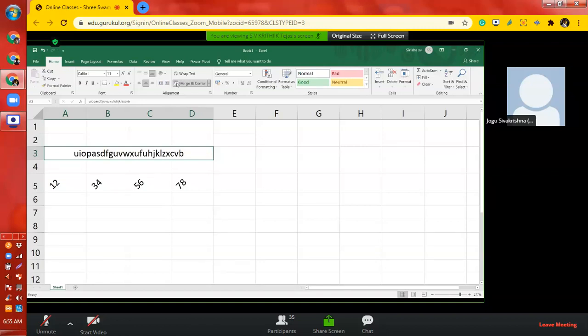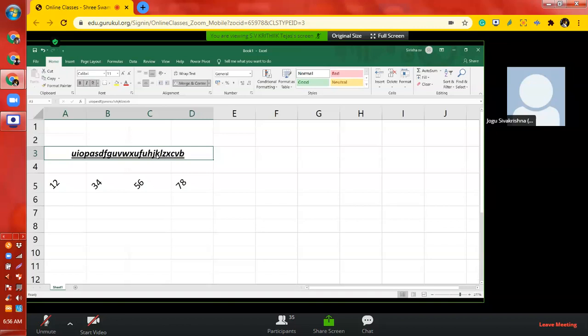Okay, and how to make the text bold, italic, underline, you all know that. On the top of your screen in the font group, you have 3 options: bold, italic, underline. No need to select the text, you can directly select the cell, and automatically it will take bold, italic, underline.